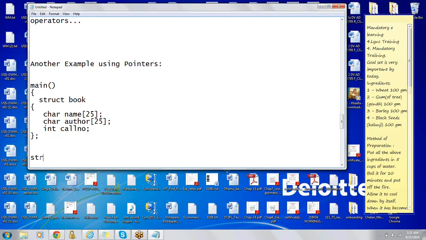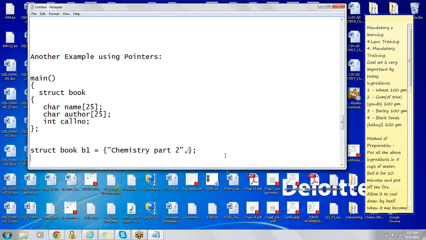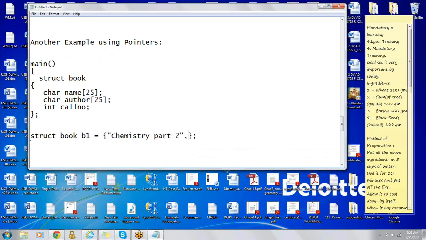So here I'm writing struct book b1 equals to, and I'm using the particular book name. Let's say I'm writing chemistry part 2. This is our book name. I'm just initializing it. No, but I don't see anything. Are you able to see? Okay, now I'm able to see. Struct book b1 is equal to chemistry part 2, author